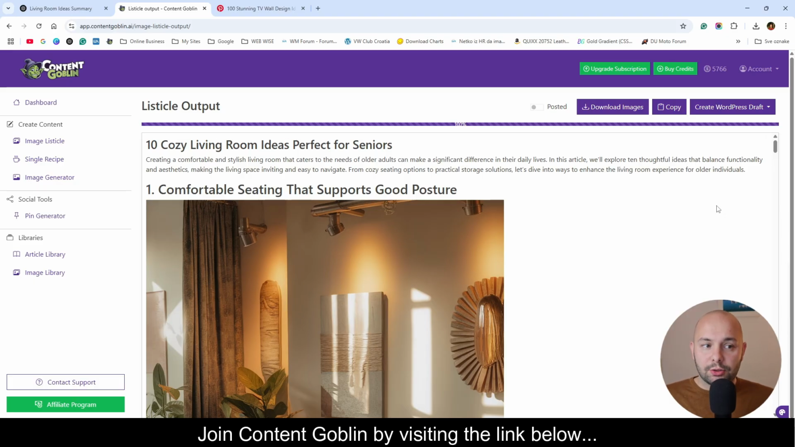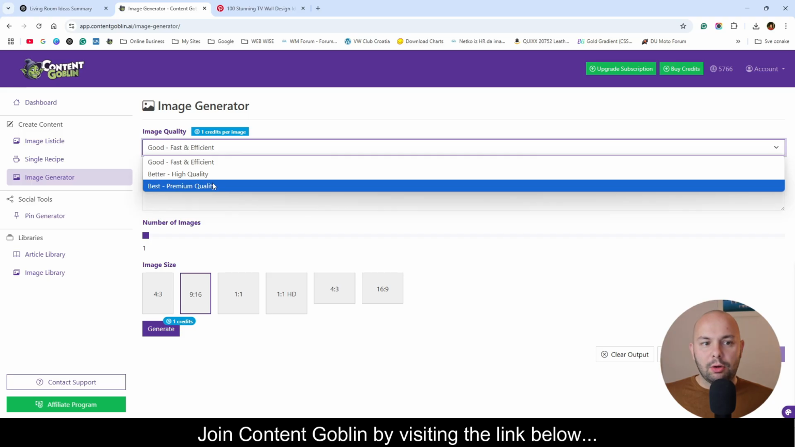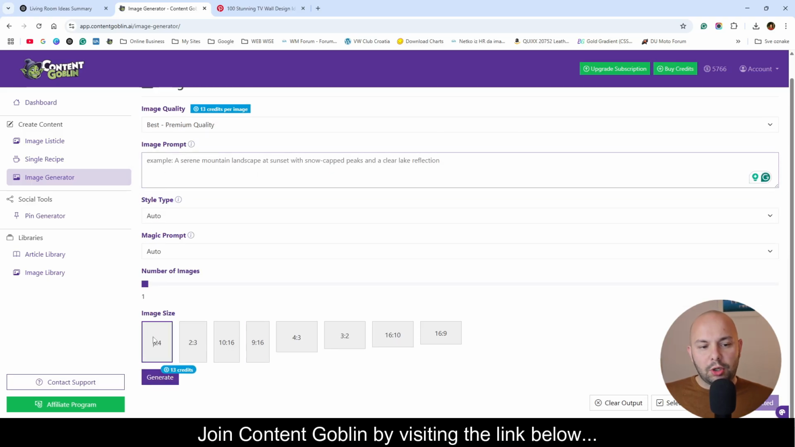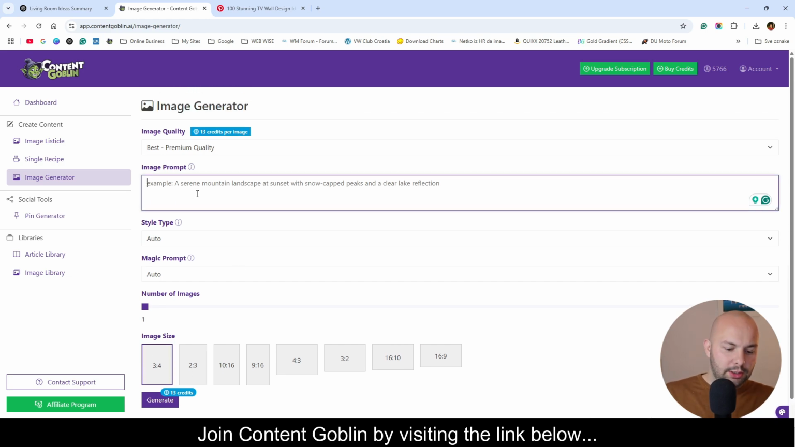And the last way I use Content Goblin is to generate images. Now, there are also 3 qualities of images you can pick. I mostly go with best or better, like I told you before. 3x4 or whichever you need. When I'm creating featured images, I typically go 3x2 or 16x10. Anyway, let's create 3x4. And let's create